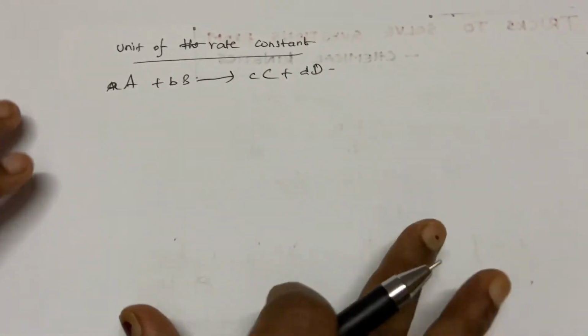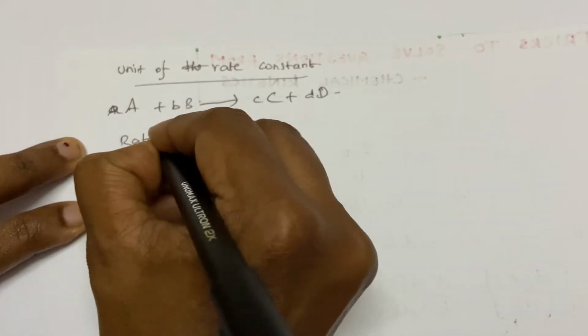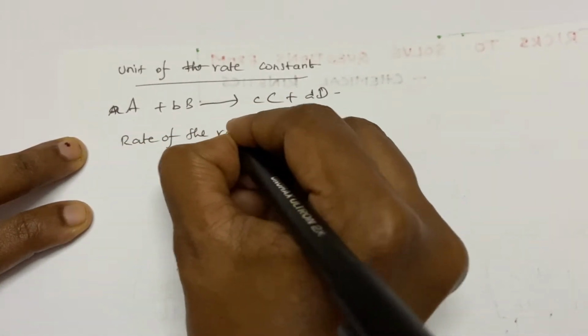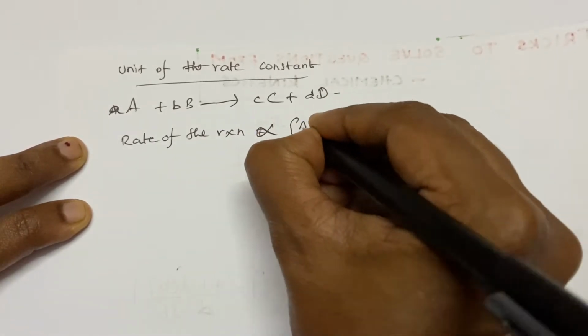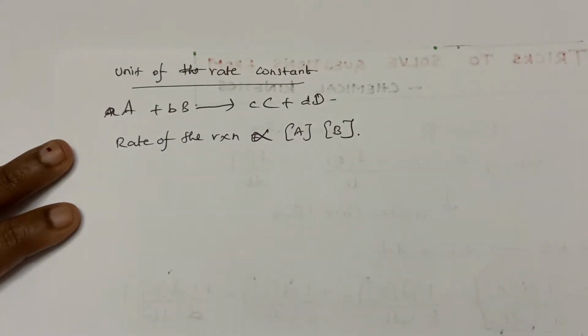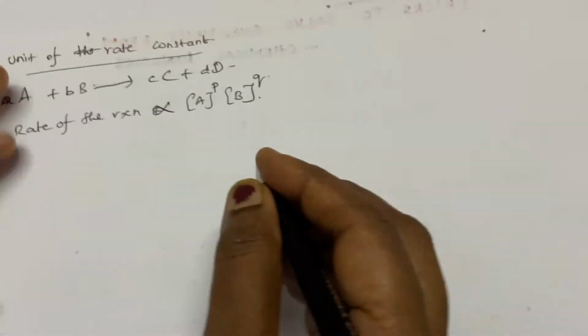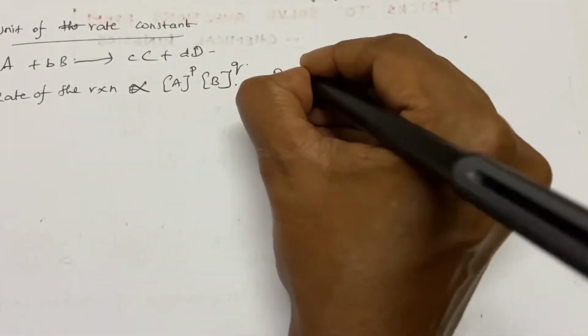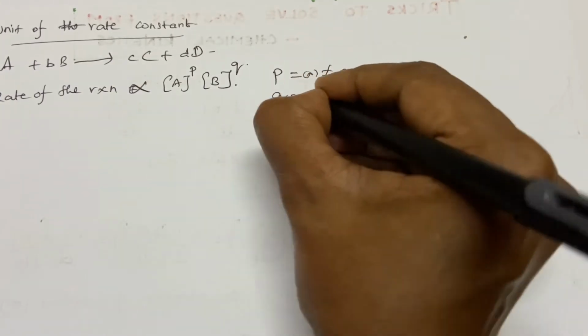Okay, so according to the law of chemical kinetics, see, the rate of the reaction is proportional to the concentration of the reactants raised to the power P and Q, and you know this P may or may not be equal to the stoichiometric coefficient,